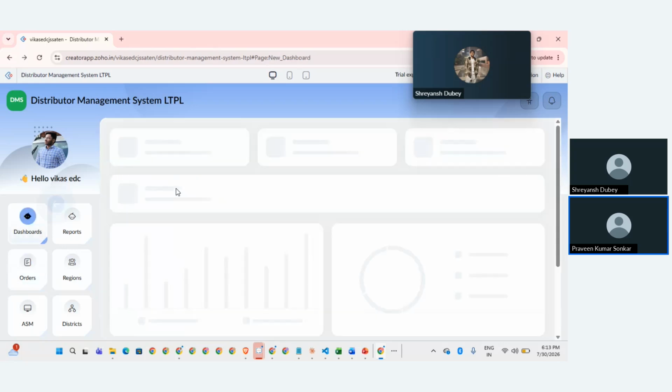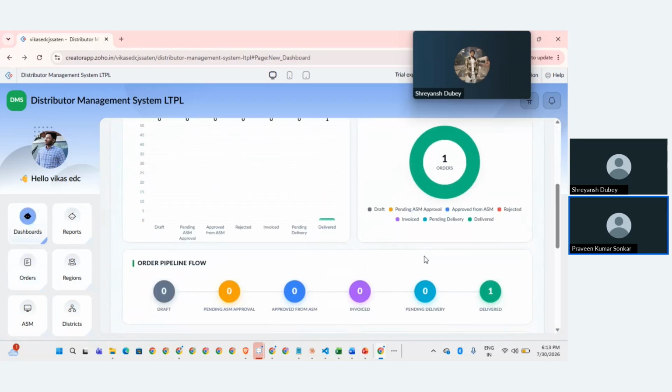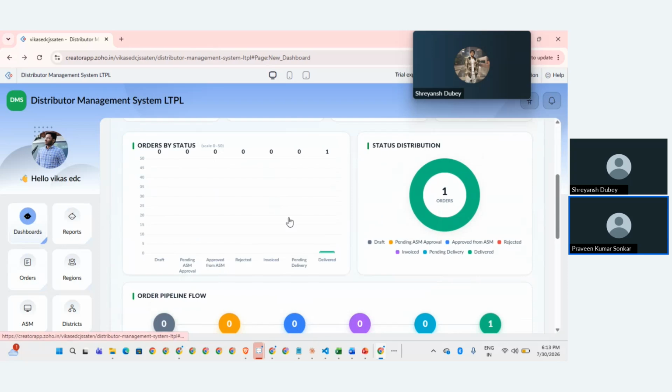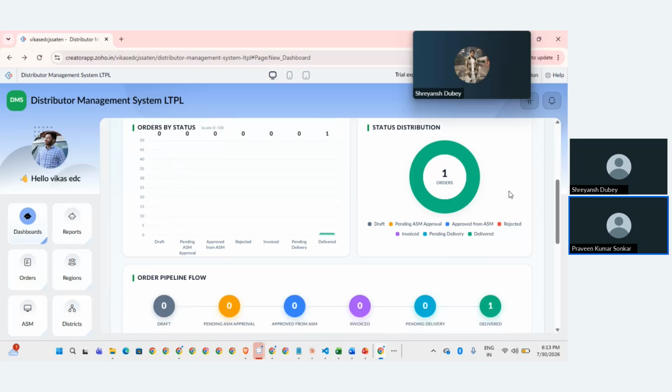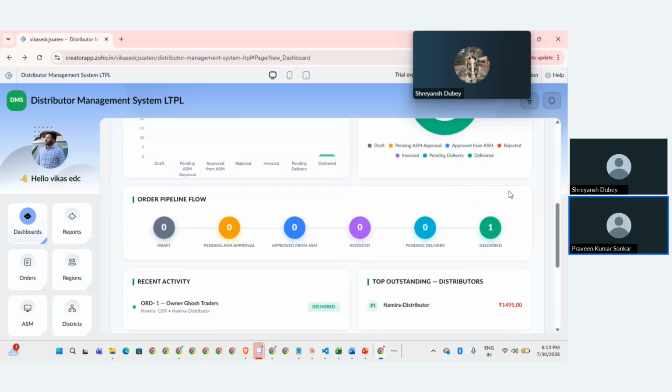Okay, similarly, Creator is also capable of creating charts, advanced charts, and diagrammatic representation, we can call it. And also you can see here we have a very unique order pipeline, where it will show you the breakdown of all the orders which are in draft, pending from ASMs or approved from ASMs, or invoiced, or maybe pending for delivery, and how many are delivered. Once you click here,